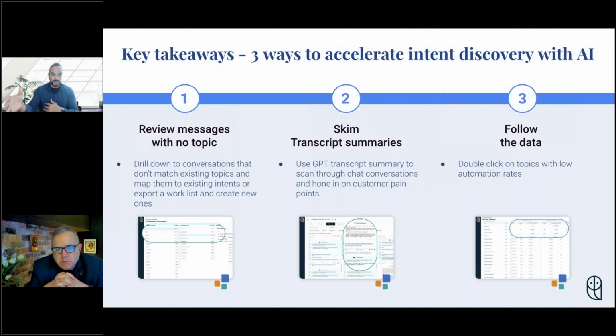You got to a point where you've added some of those intents from unclassified messages. Now you're looking at your topics and saying, where are they underperforming? And you've got transcripts to help you figure out where there are differences in experience. I used that example for place online order issue, where one set of users got routed and for another set of users, the bot was trying to help them. So we clearly needed either another intent or some better training. And the transcript summary is a quick way for me to figure out what's going on.